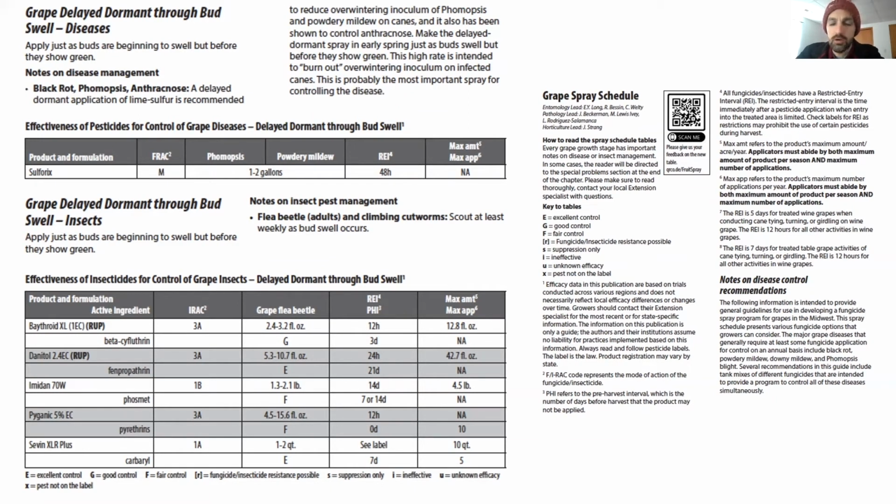What you don't see here is a note section. We used to have a note section that provided additional details for each pest and product information. A lot of the notes information was simply the REI, PHI, max application, and max amount per year, so we went ahead and made columns for that. So that information is there. If there were other notes or information that needed to be shared, we included that information at the start of the crop growth stage section. Before this chapter, you would have all that information in bullets listed for you there.